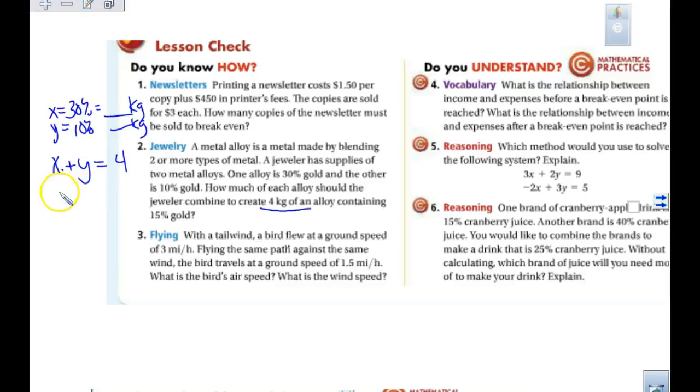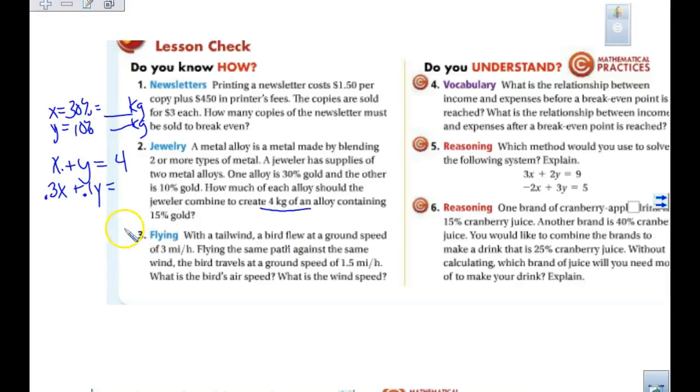Biggest is 4. Caitlin, I want to write an equation now using those percents, the 30 and the 10, and what I want my final answer to be. What is it going to look like? How much x? 30x. How about 0.3? We're going to always change our percents to decimals. So 0.3x plus 0.1y equals,